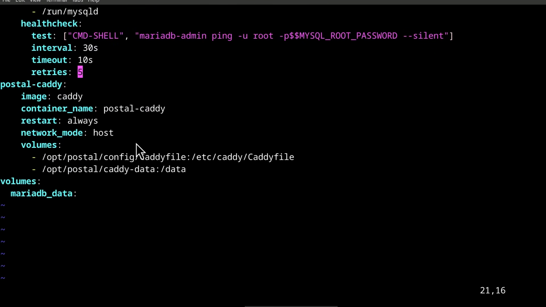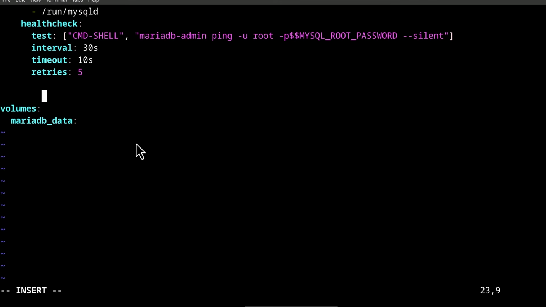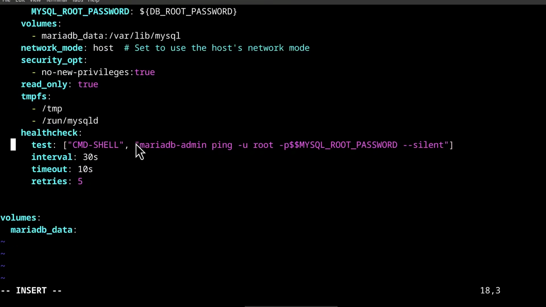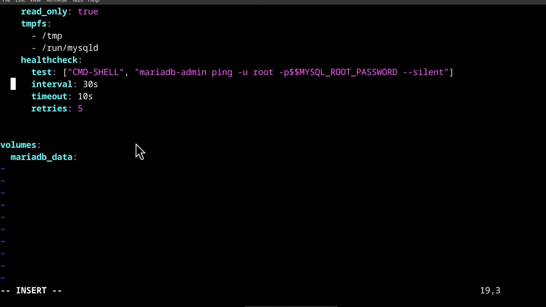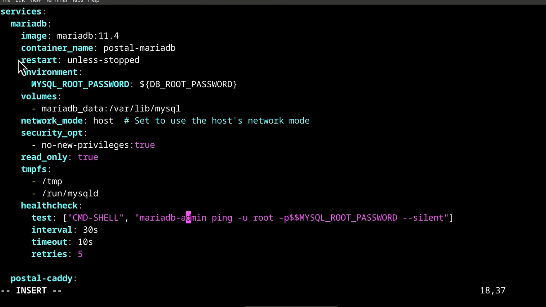So I'm just going to do U to undo that, and let me go into insert mode. I want it to be in the same line with that. 1, 2, Control Shift V. Just make sure that you format it correctly.